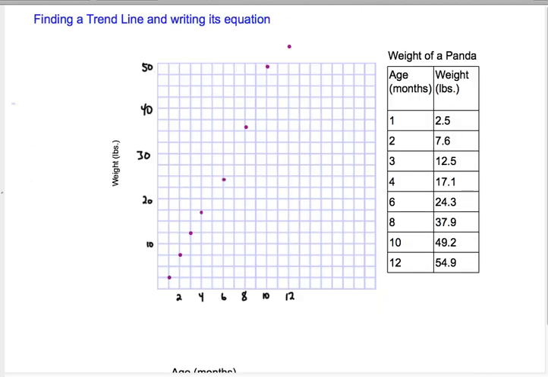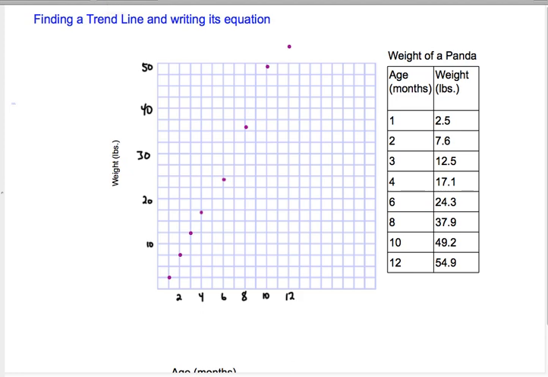On this next slide, we'll talk about finding a trend line and writing its equation. In this case, we're talking about the weight of a panda based on its age. So here's its age in months and its weight in pounds, and I've plotted the ordered pairs on this graph here. As you can see, it looks like there's a correlation here, and we can make a trend line that fits the data. Now, to make a trend line that fits the data, you can use a graphing calculator to give you an exact trend line,